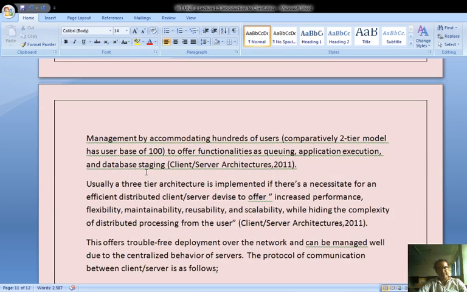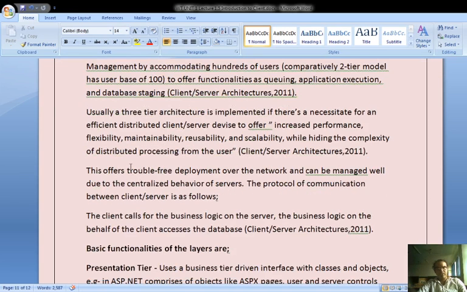Now let's move ahead. When we are in a two-tier model, we offer functionalities such as queuing of applications and database stacking. But in the three-tier, we try to differentiate so that this stacking and queuing is minimized as much as possible.